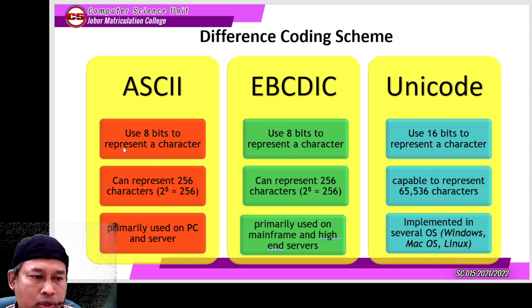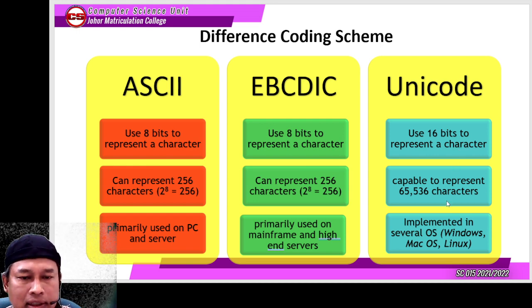ASCII uses 8 bits to represent a character. It is the same for EBCDIC, using 8 bits to represent a character. And the number of characters for 8 bits is 256 characters, symbols or characters on your keyboard. But Unicode uses 16 bits and the number of characters is